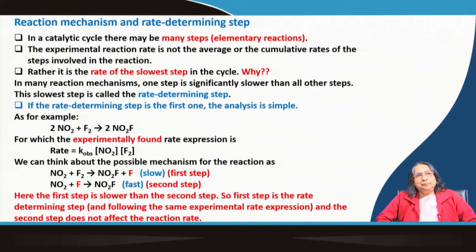Now, say for example, at all tables the person sitting there is very fast. They are very efficient and they do it very fast, but one table is very slow, meaning the person is slow. So, say for example, the file reaches there within a very short time, and say that table is table number 5. So, to go to table number 5 via table number 2, 3, 4 like this,